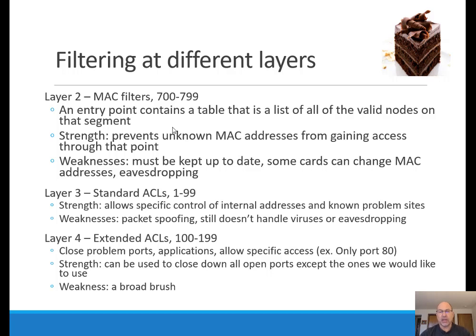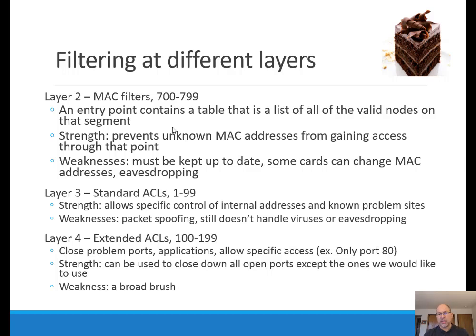Now, extended ACLs, we have a lot more specificity that we can use there. Clearly, we've talked about this before. The only problem is that sometimes when we pick a particular port, we call it broad brush. And what that means is that if you kill off port 80 or port 25, then you've killed off all of port 25. And then it becomes a battle to see which ones you want to allow, which ones you don't. And so a lot of times we want to combine these filters at different layers to give us really the match criteria that we want.